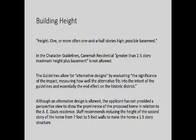But then if you look at the introductory portion of the guidelines, it says that the guidelines allow for alternative designs. And in the Friends of Kenema case for LUBA, there was no alternative design discussion. So I cannot, other than using the language from the design guidelines themselves, all I can instruct you about is that the guidelines allow for alternative designs. And that would suggest you could do something different than the prohibition, than the 1.5 story requirement,